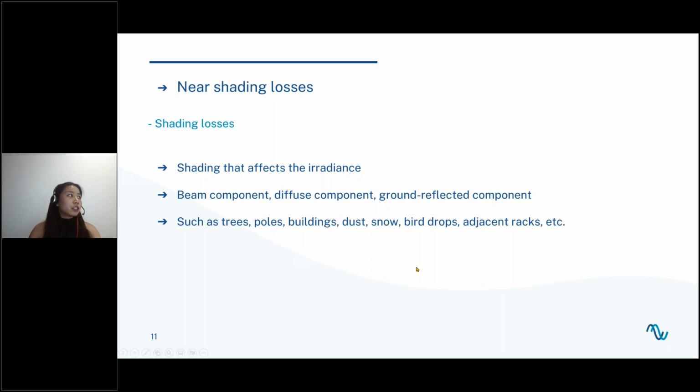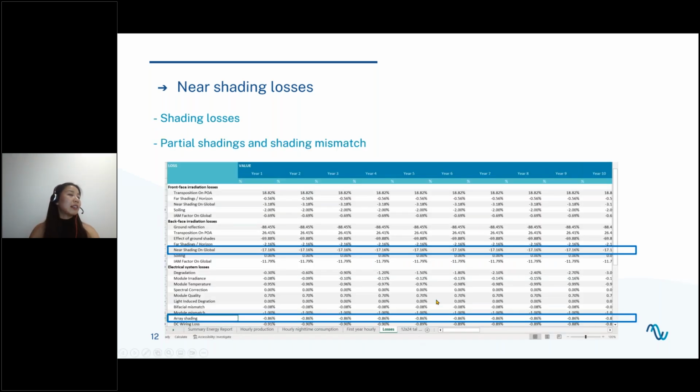For bifacial modules, yes. This is our energy yield results with hourly resolution data, and I have turned on the tab for all the losses from year 1 to, in this case, year 25, which I'm simulating. You will find the shadings are considered for bifacial modules, not only on global irradiation losses,